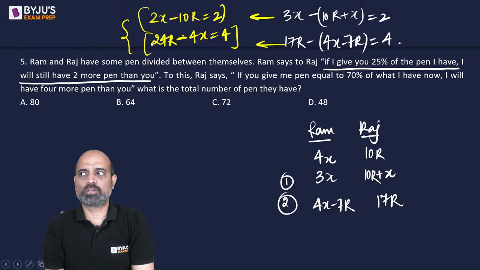That will also not make sense. These two equations are not solvable. But is it possible कि ऐसा कोई pair of values हो ही नहीं सकता कि एक का 25% कम किया तो वो दो ज्यादा है और वो अगर उधर से कम किया तो